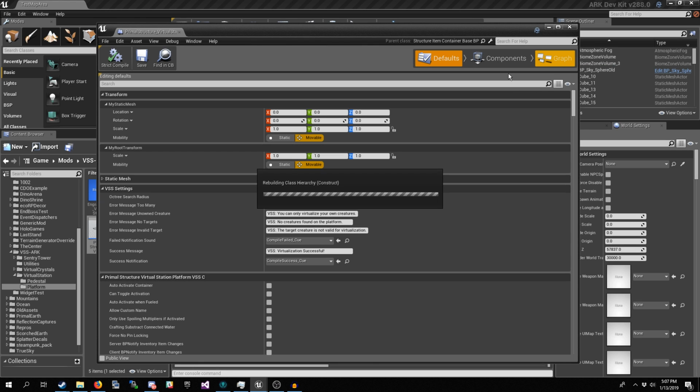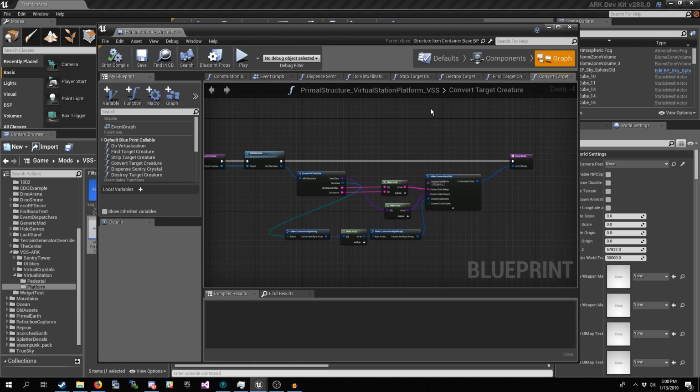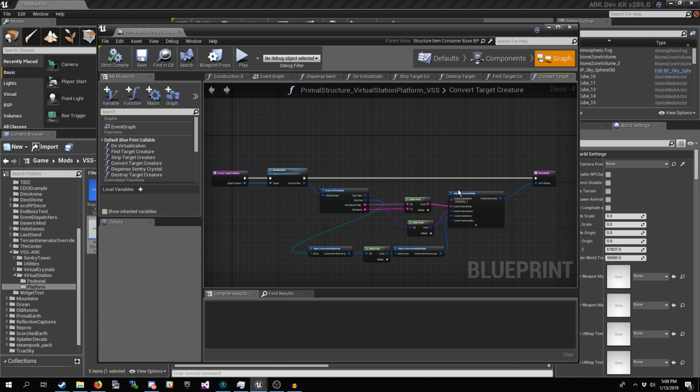This is actually a very easy change, with the way that we were storing our creature in the crystal item. So if we come over here to our convert target creature function that we made before, you'll notice we're no longer looping through the byte array and then converting it to a string. We don't need to.